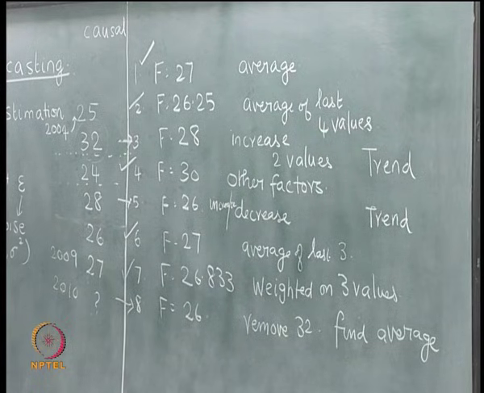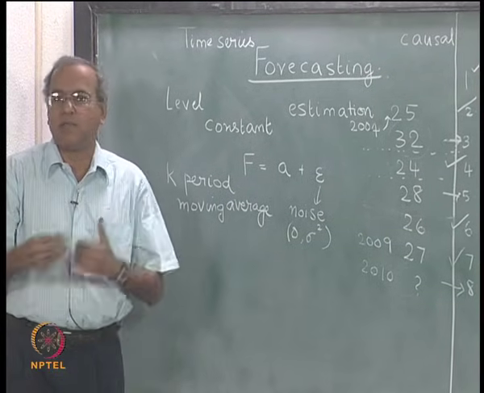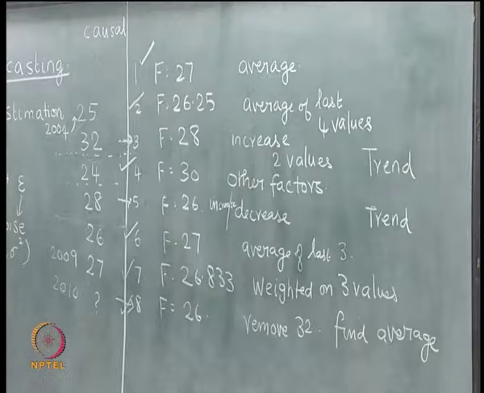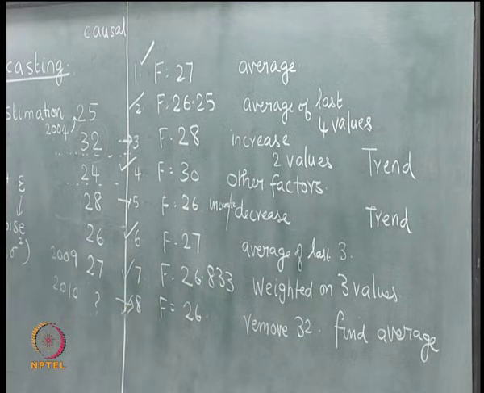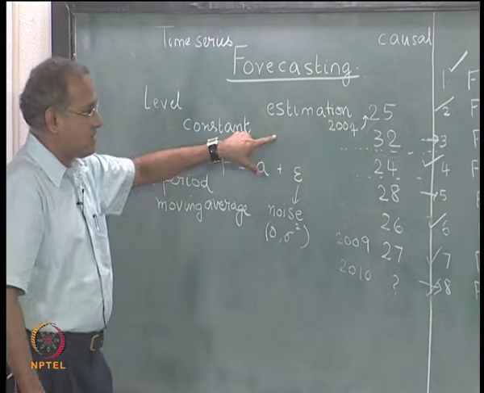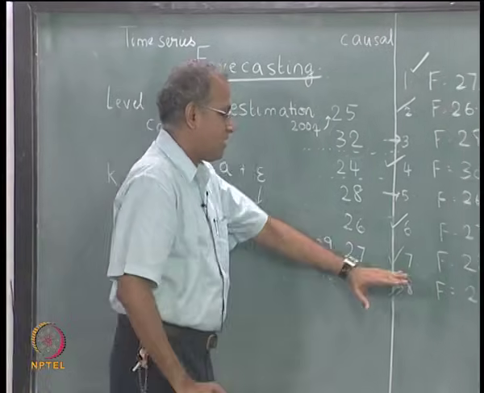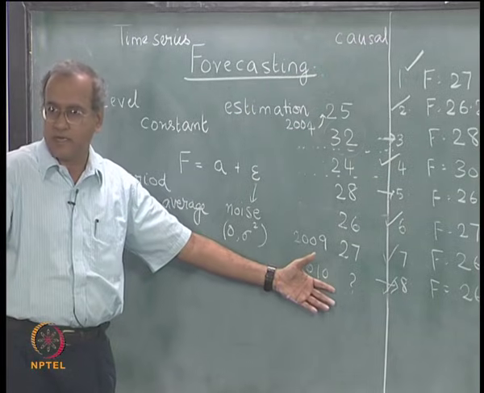So, there are trend models which we will see a little later after we address this particular model, called the models for data that exhibit constant. So, the last point that requires a certain explanation is this. Now, this person said, if I look at these, I find that this is an outlier. So, I am removing this and then I am trying to take the average. So, the general assumption is that this person believes that this data represents a constant or level data.